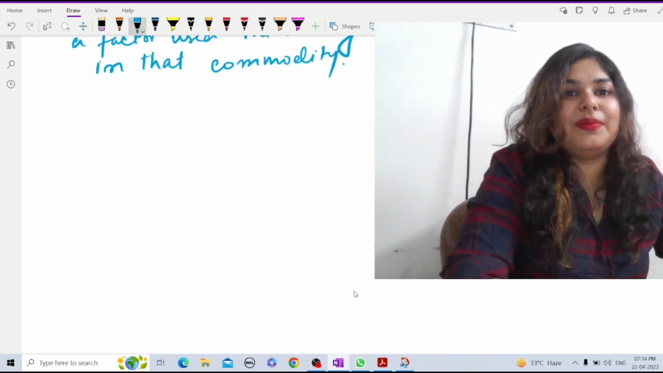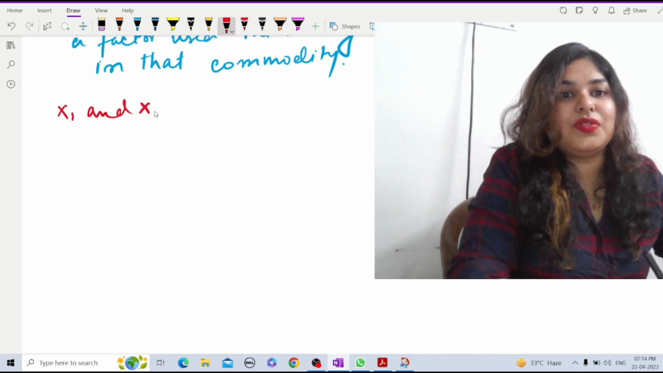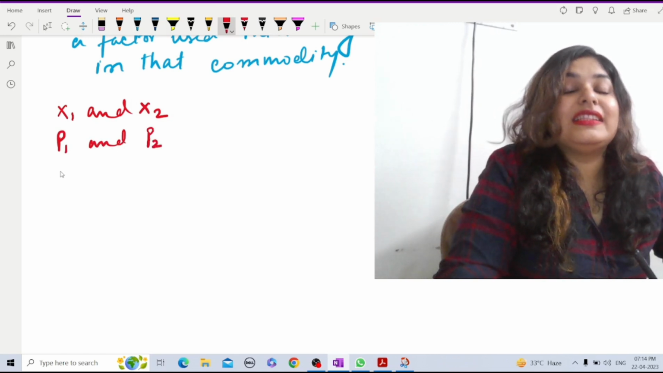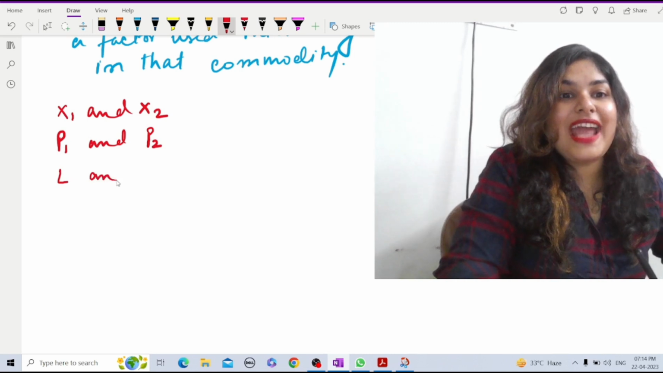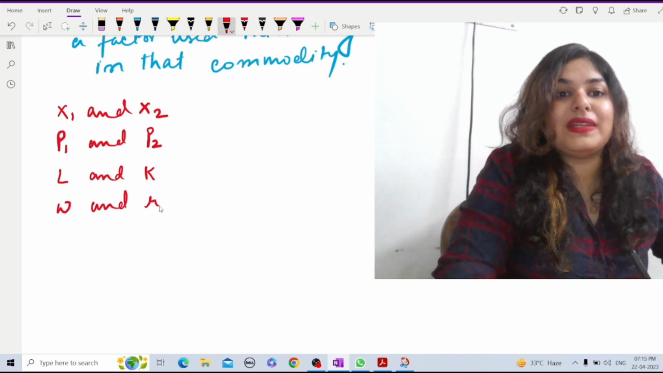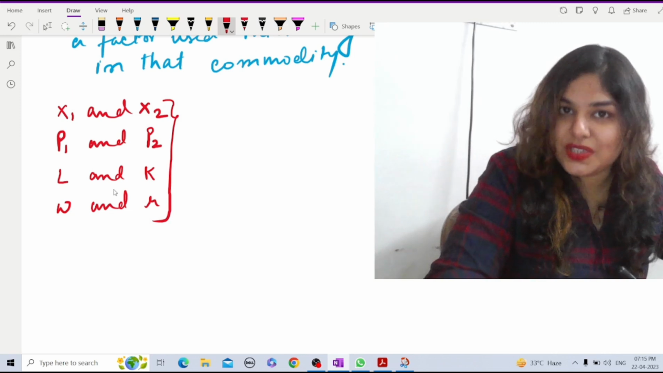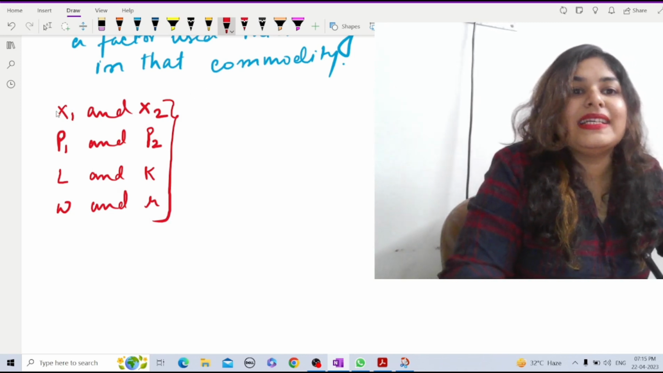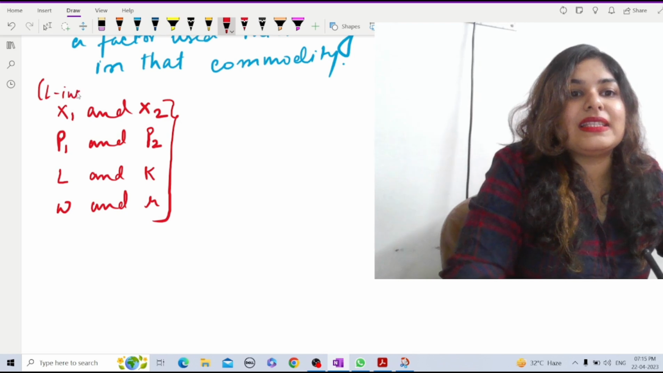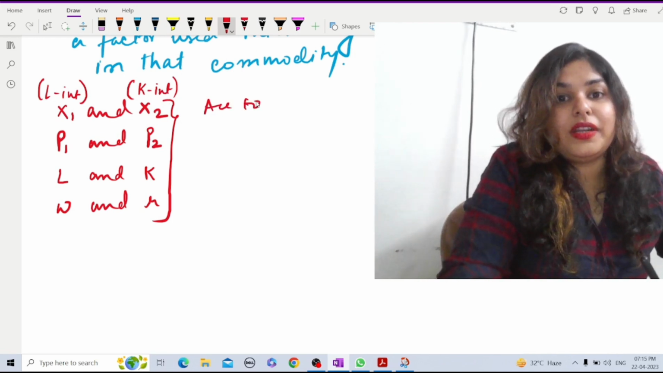So what is the meaning here? Suppose there are two commodities X1 and X2. Their prices are P1 and P2. The factors used are labor and capital. Returns to labor is the wage rate and returns to capital is the rental rate. So this is the information that we have. Now, one more thing, say X1 is the labor intensive good, and X2 is automatically capital intensive. Now, according to this theorem,